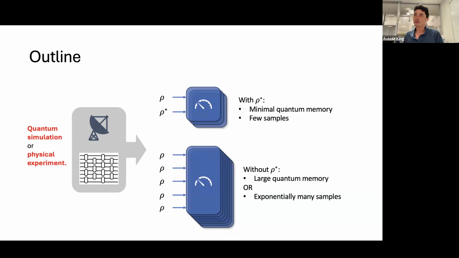Okay, so just a bit of background. What do we mean by a quantum learning task? By this I mean the data which we're going to learn from is in the form of a quantum state rather than classical data as we would be familiar with in classical machine learning. And this could come from a variety of different sources. Probably the most tangible near-term source of a quantum state will be a quantum simulation on a digital quantum computer.